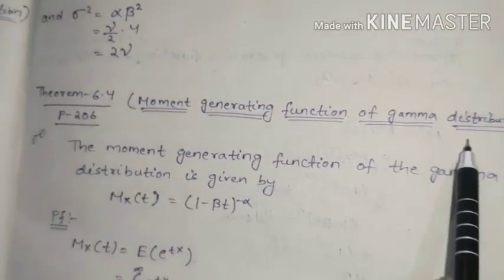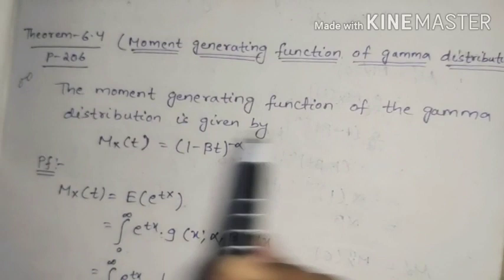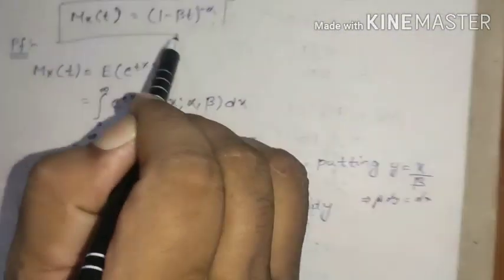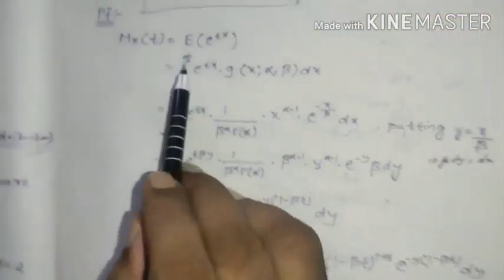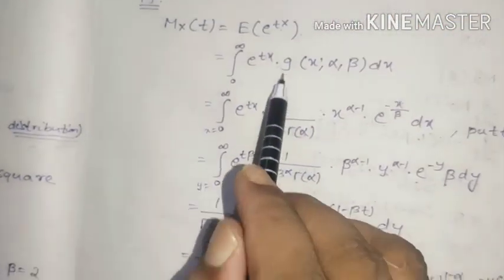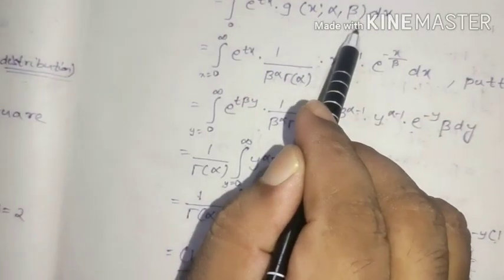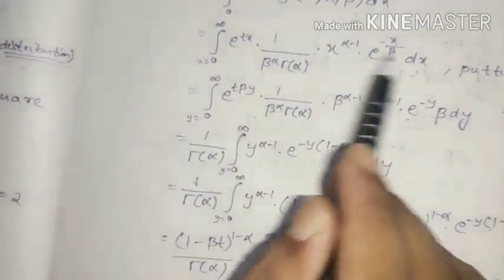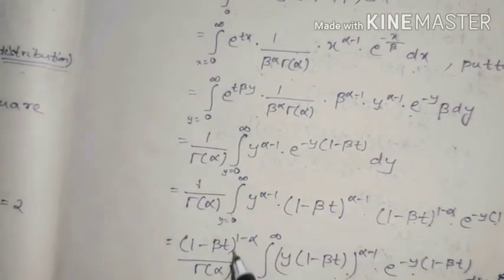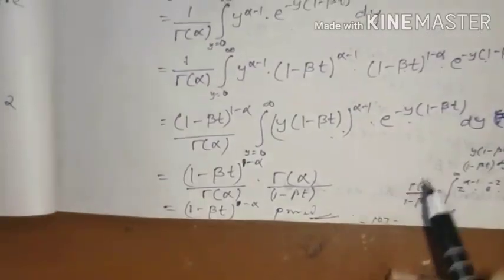Moment generating function of a gamma distribution. How can you find out the moment generating function? M x of t equals 1 minus beta t whole to the power minus alpha. First e to the tx, also e to the tx, and that is the gamma distribution function g of x alpha beta, put the definition, and that equals to, you have to find out the integration, and definitely the integration, you know, just put the y into 1 minus beta t is equal